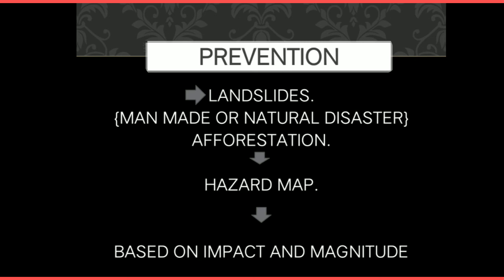So we are taking early precautions in order to prevent things from happening in the future. We are doing it right now so that the particular disaster does not happen, in order to avoid it. The best example is the landslide, and doing afforestation to prevent landslides by using the hazard map or vulnerability profile.